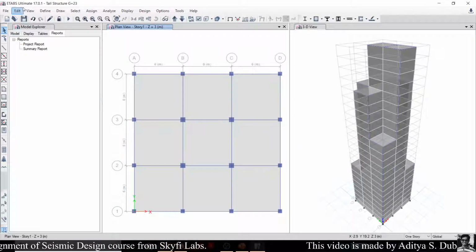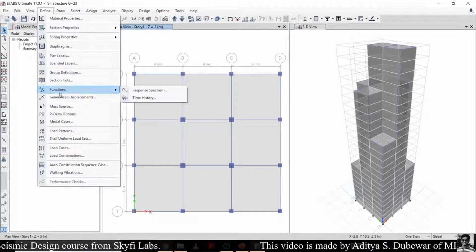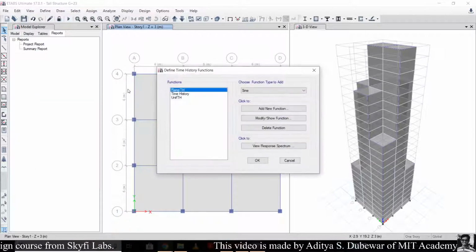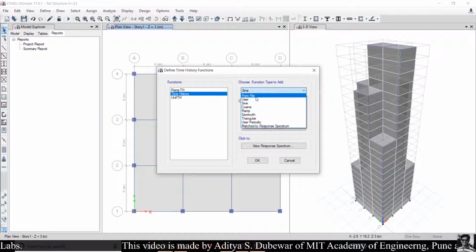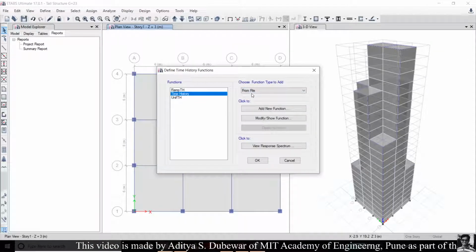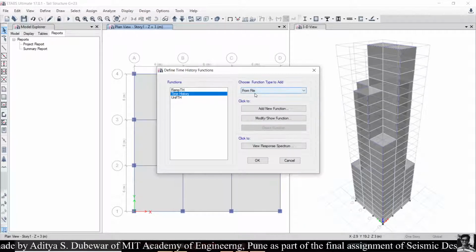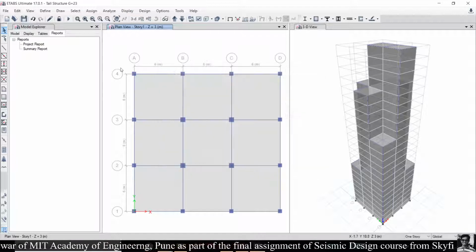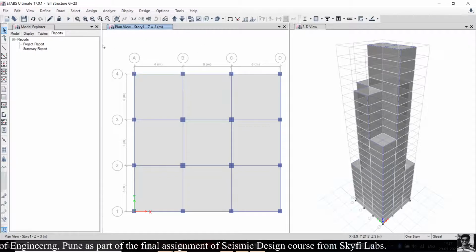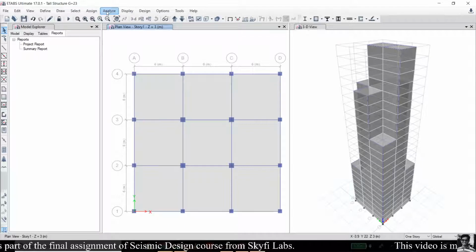Okay, then define the function as time history, and for time history we are using the from file option, and as I already added the time history function by using from file, click OK. Now we will run the analysis for the time history method.